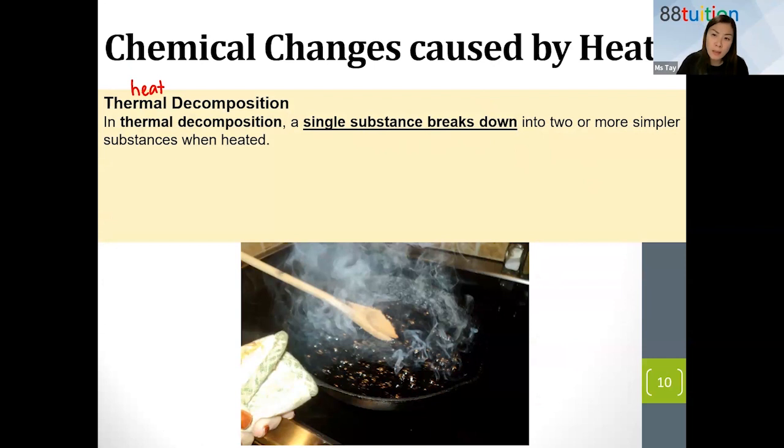When you do physics next year, your physics teacher will tell you to refer to the word thermal, or try to avoid using heat, and they will explain to you why. So in thermal decomposition, we know that in primary school you learned decompose means breaking down into simpler substances. Similarly in this case, in thermal decomposition a substance breaks down. We say decompose, so this one is like